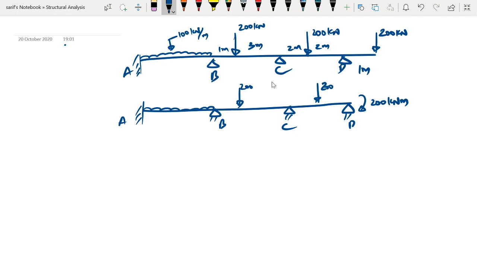Dear students, welcome to another lecture on structural analysis. In this lecture, we will be continuing with our discussion on the moment distribution method. What we will be trying to do is learn how to solve a continuous beam